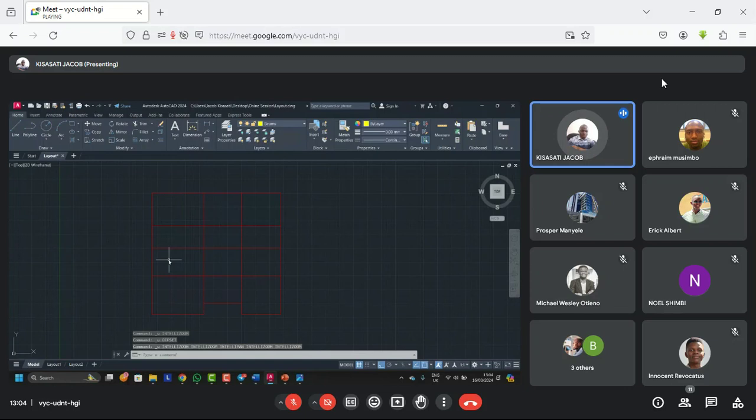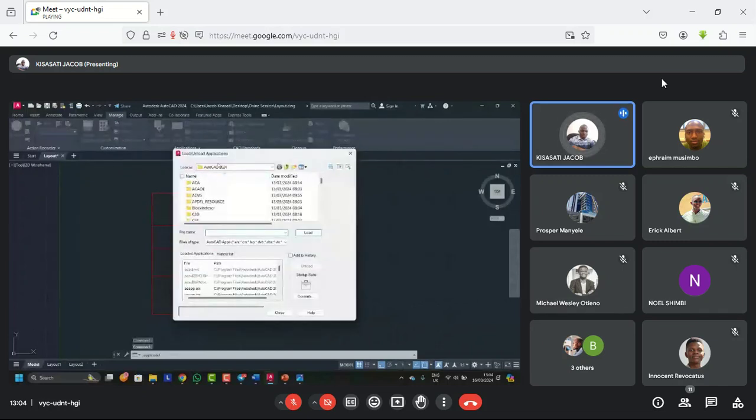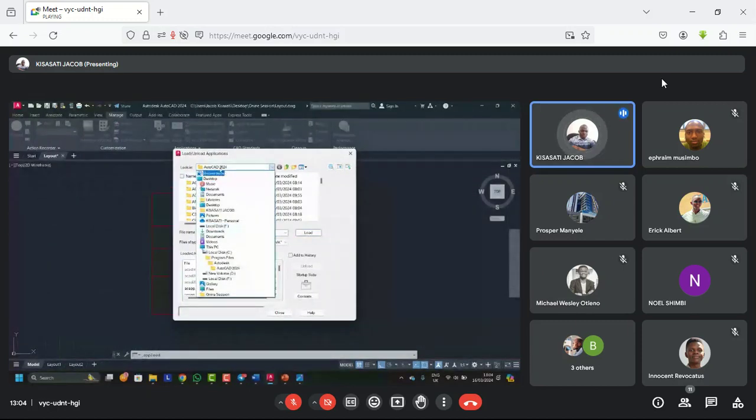Now, how do you use, of course, I'm going to send you the command for free. How do you use this command to do what we want to achieve? You'll come here to manage, then load application. Then you'll have to zoom into the folder containing the application, the double offset command. So to do that, you'll just come to this